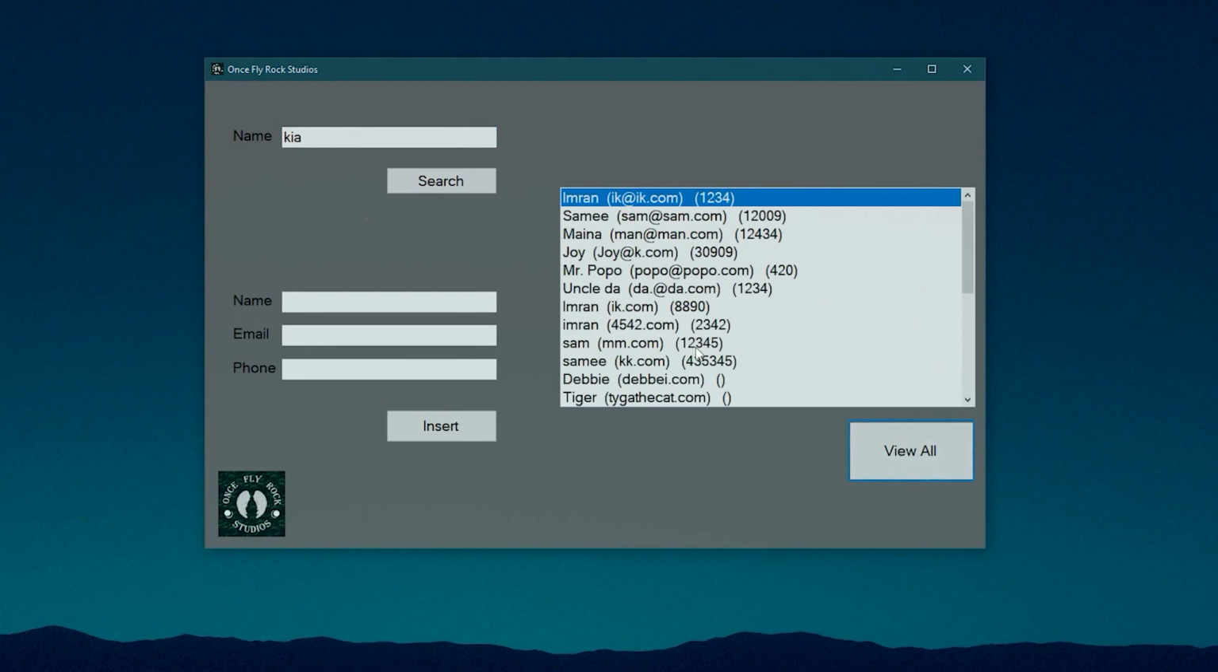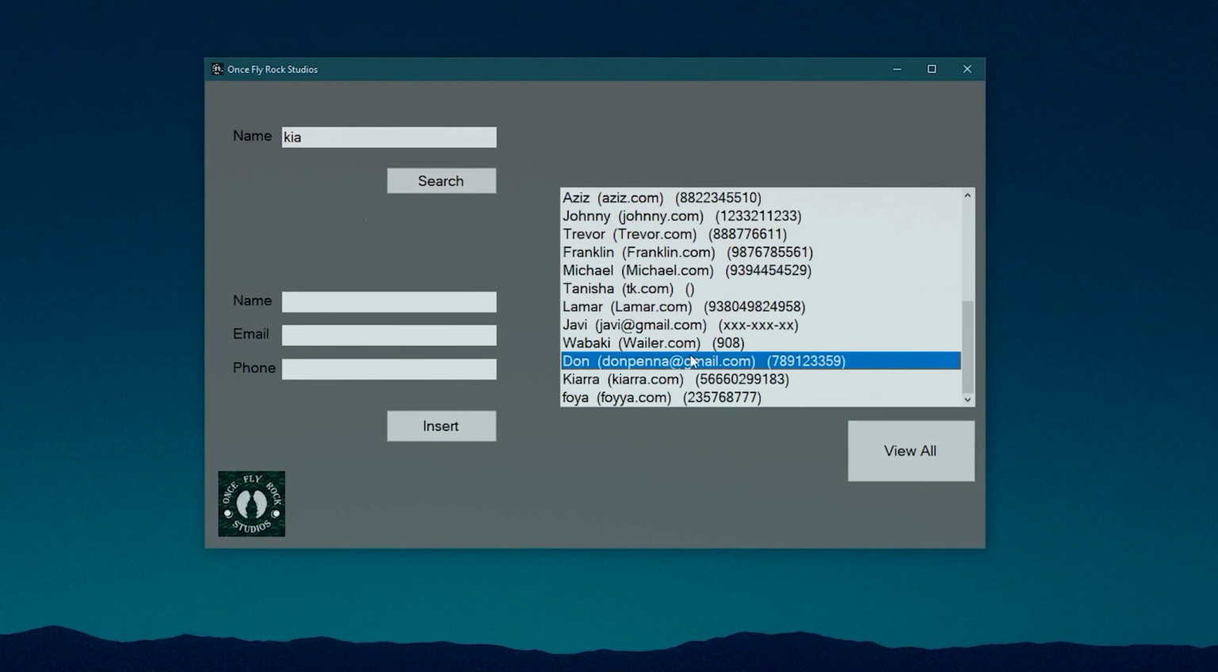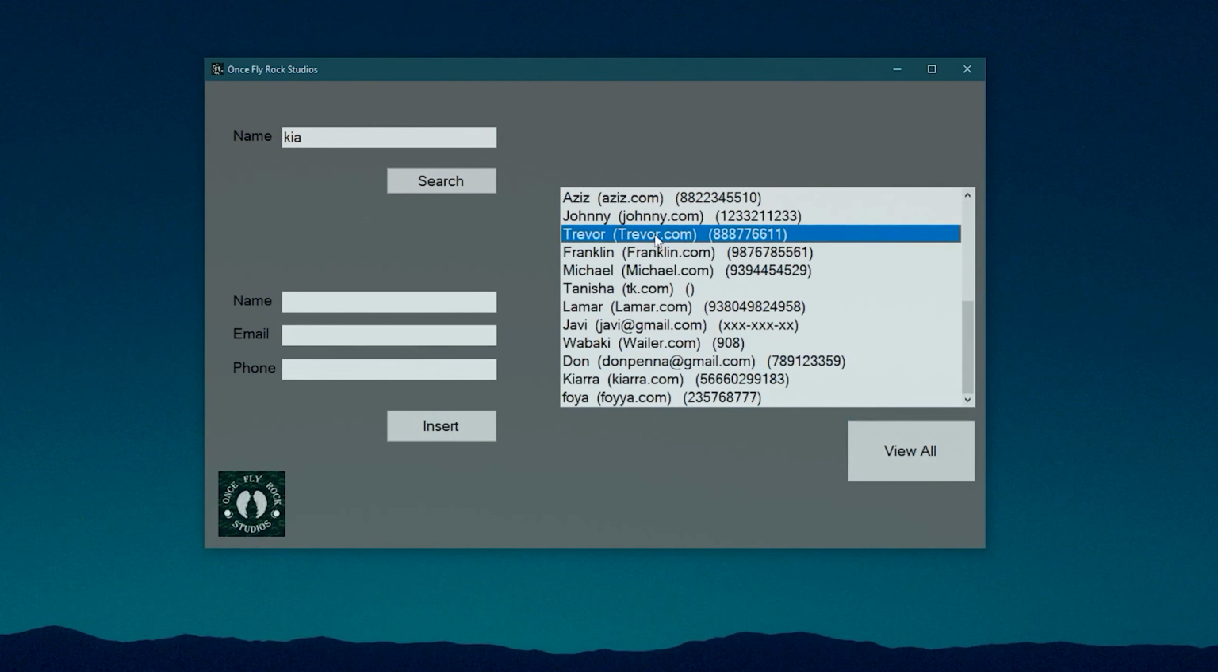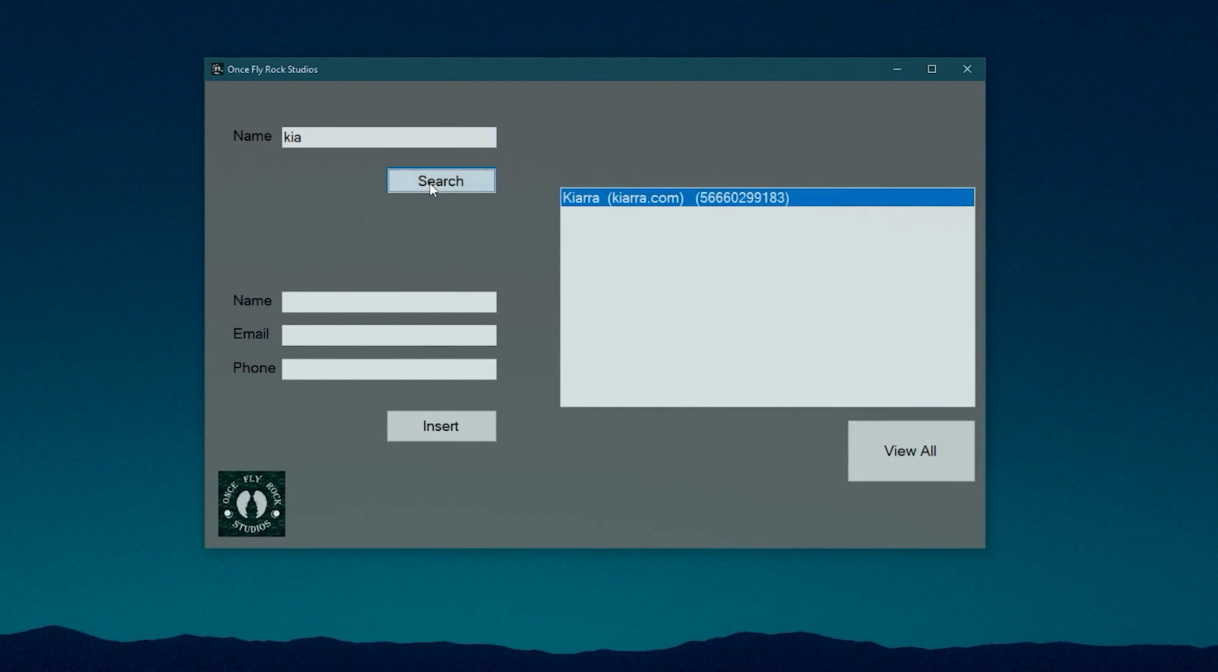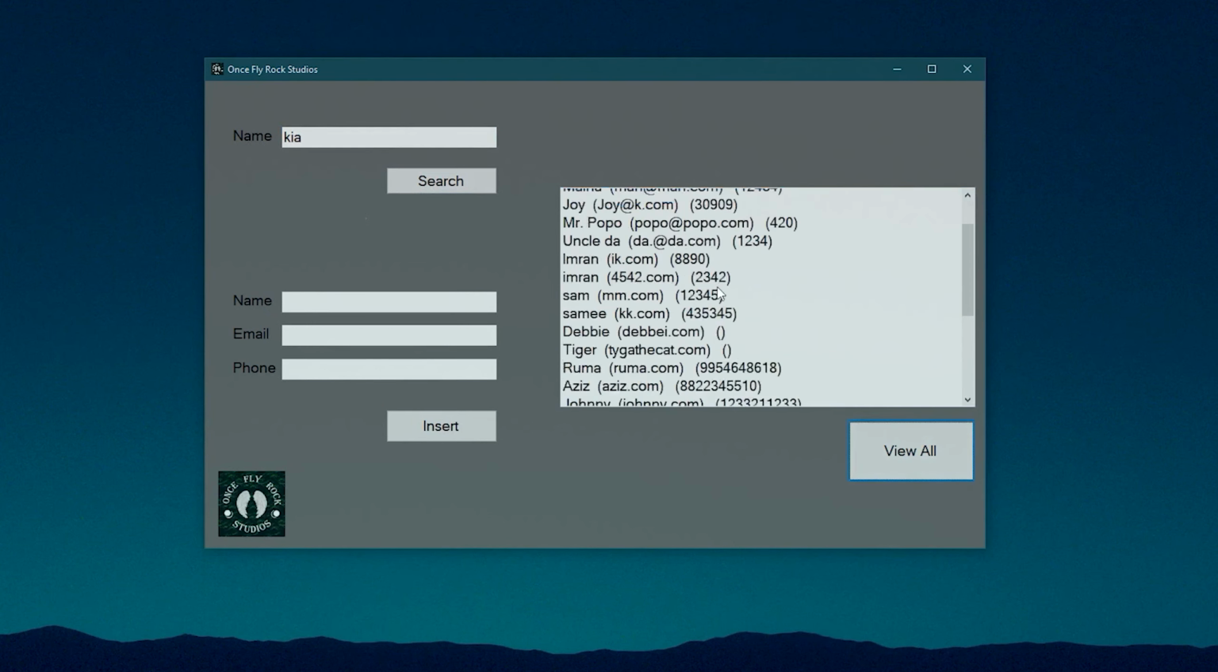So this is quite some model. We are getting data in and out from our database, and it's quite a good model, and we are making